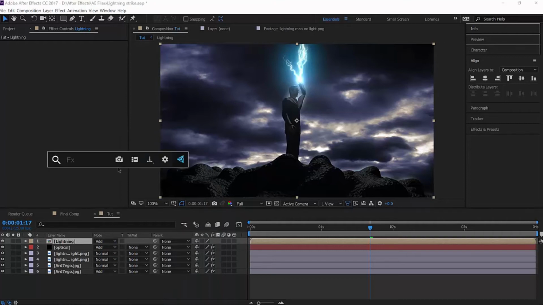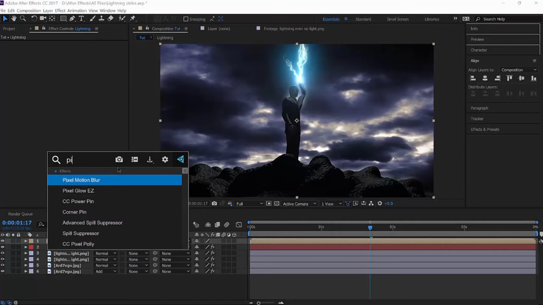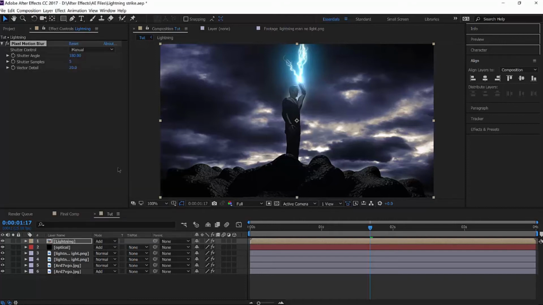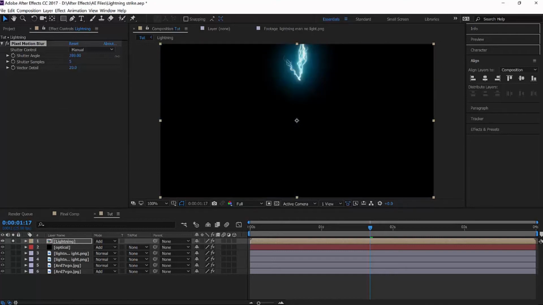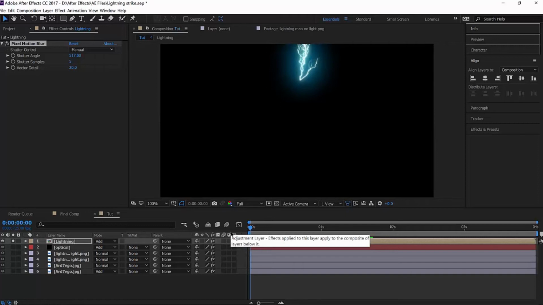And now let's add one of the most important parts, that's pixel motion blur. So I'm just going to solo this, really pump up pixel motion blur. So this is what pretty much helps sell the effect that they have in the movies. Like when you force motion blur,